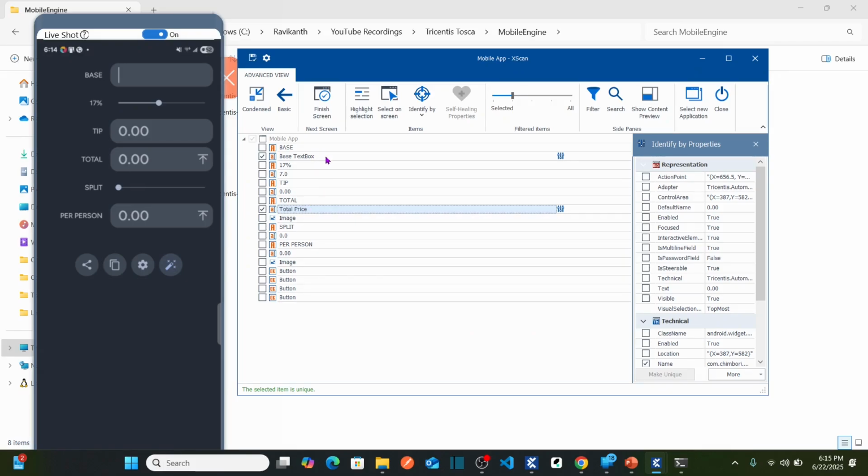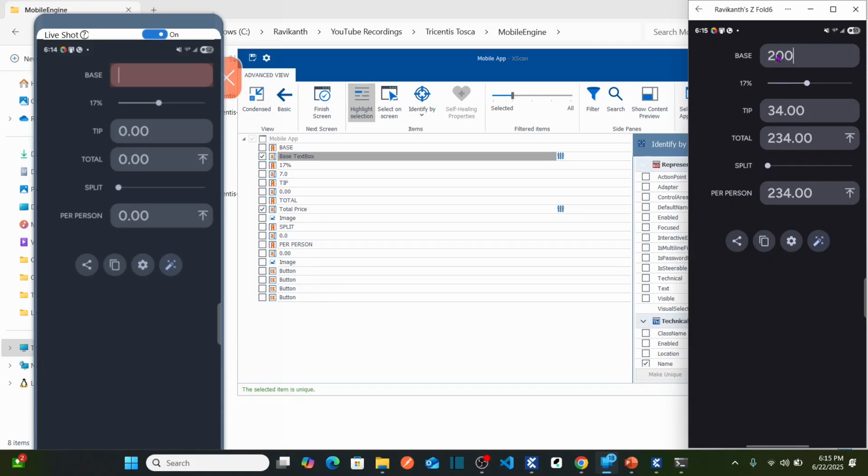So if you want to highlight, let's say this is my base text box, right? You can highlight, see here, it is highlighting this one, and then total price is this one. As soon as I enter the price here, it's going to calculate the total price. Let me enter 2000. So when I enter 2000, your total price is 2340.00, correct? Which includes 17% of your tip. That's why it is calculating as